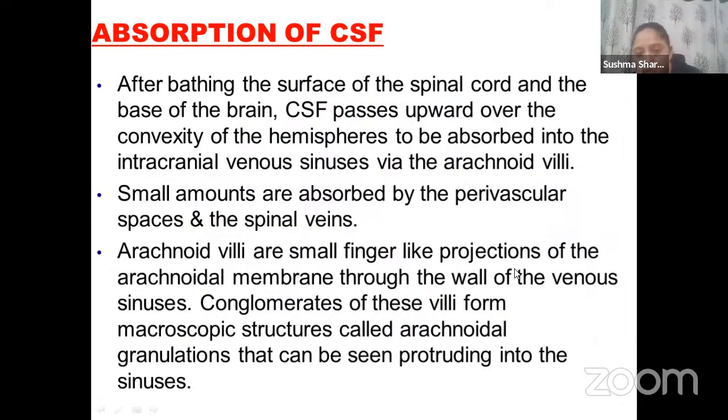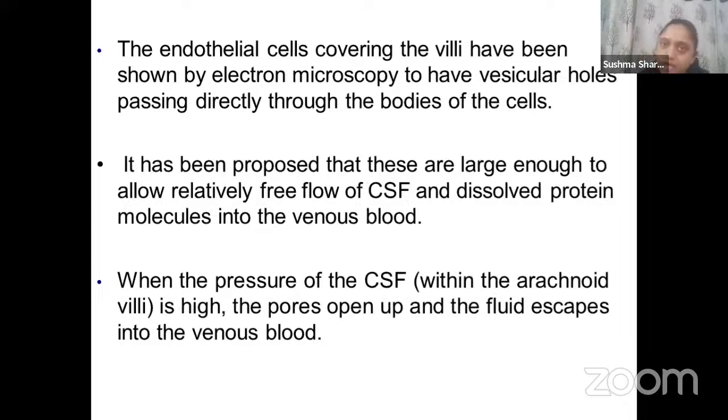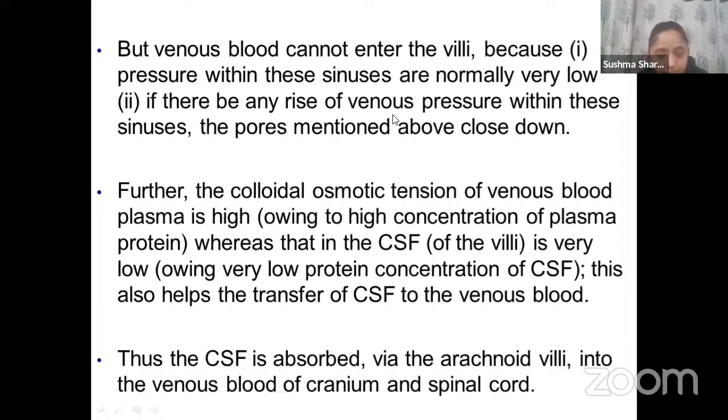Arachnoid villi are small finger-like projections of the arachnoidal membrane, and these villi form the macroscopic structures called arachnoidal granulations that can be seen protruding into the sinuses. It's also been proposed that these are large enough to allow relatively free flow of CSF and dissolved protein molecules into the venous blood. When the CSF pressure is high, these granulations open up and the fluid escapes into the venous blood. That is the reason why I'm stressing the arachnoidal granulations. When the CSF pressure is high, these pores open up and the fluid escapes into the venous blood. But